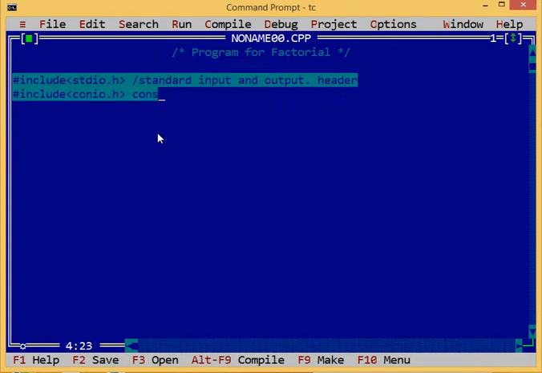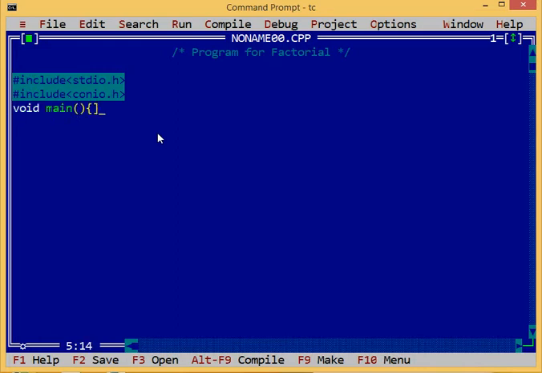So we will start. I am just removing these comments so I can explain exactly what the use of these functions is. stdio.h is used for the printf and scanf functions, and conio.h is used for console input output functions like clear screen and getch. Another one is void main.